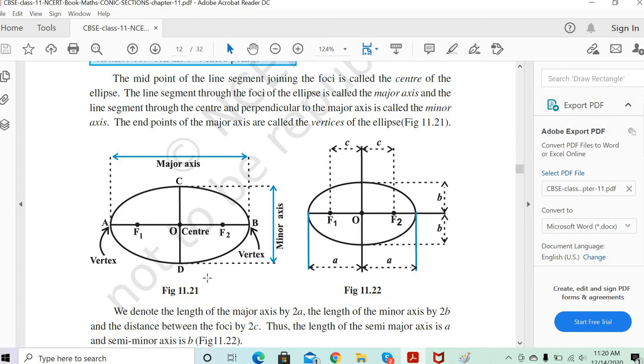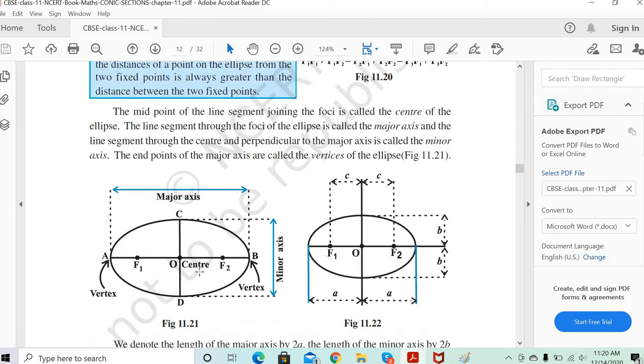So now let's go to figure 11.21. Let's draw the ellipse for the figure 11.21 and we'll try to understand some of the terminologies in this part. Right? So we already came across the two focus. We understood what is constant on all the points on the ellipse. Now our goal is to understand how to divide the ellipse into multiple quadrants, and let's name the quadrants also, right? Let's give them technical names.